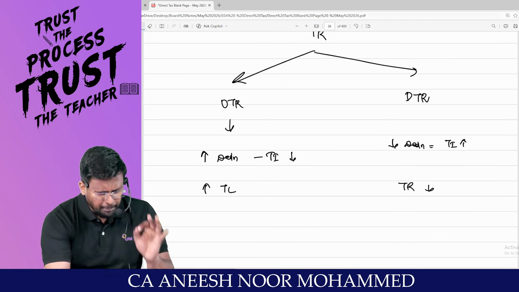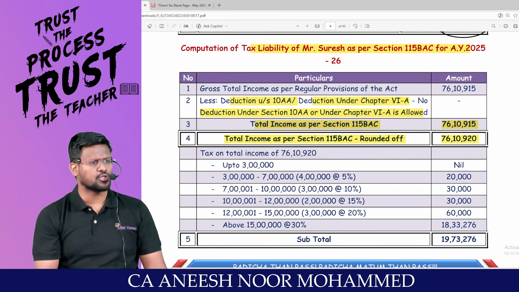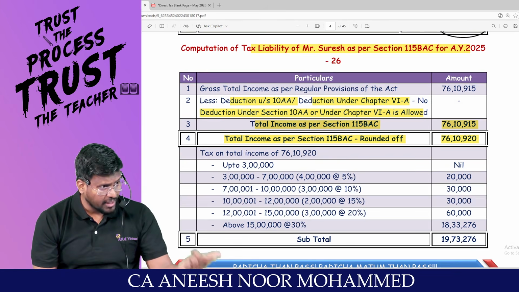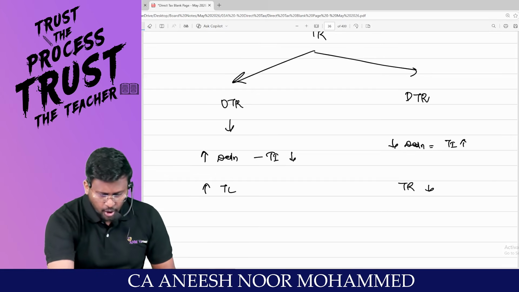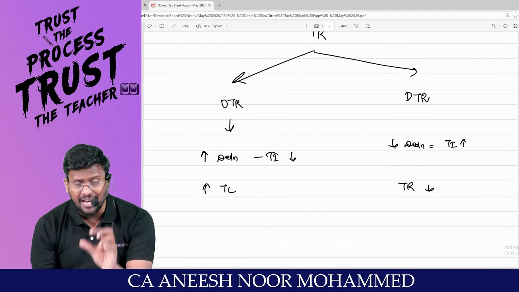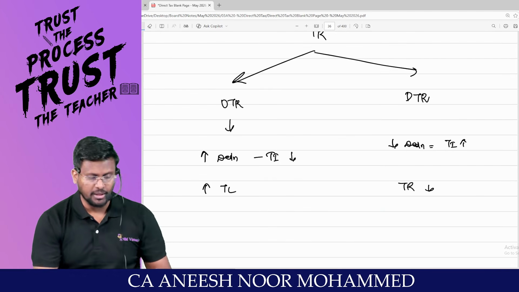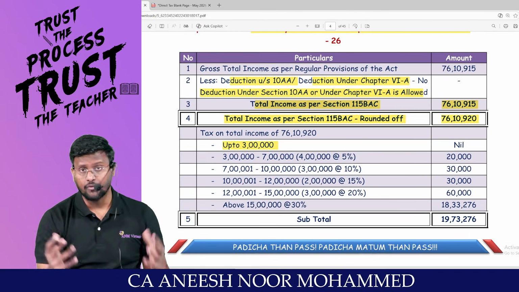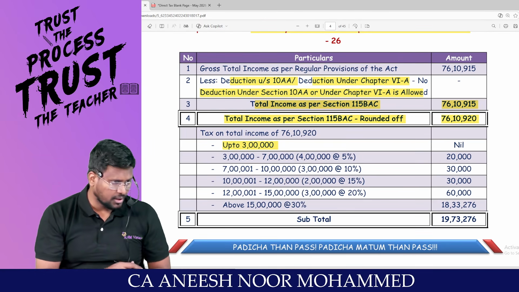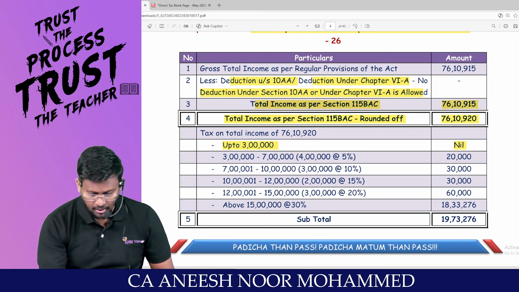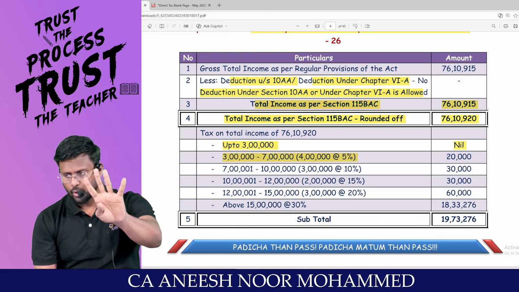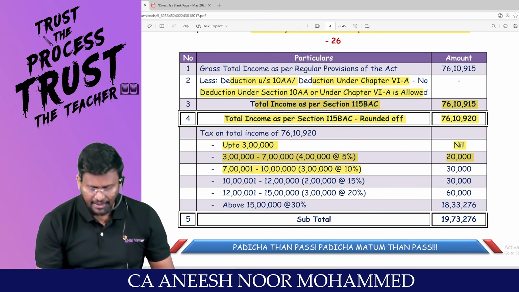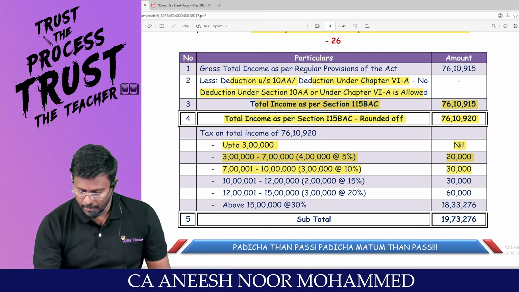That means up to 15 lakh, my dear lovable students, there is no 30% slab. In excess of 15 lakhs only the 30% slab will come, whereas in the optional tax regime, beyond 10 lakh itself, the 30% slab will come. Are you understanding the logic? Sir, up to 3 lakh, irrespective of age limit, there is no age limit in the default tax regime. It is nil. 3 lakh to 7 lakh, gap of 4 lakh, at the rate of 5% comes to 20,000. 7 lakh to 10 lakh, again a gap of 3 lakh, you will be having 30,000.